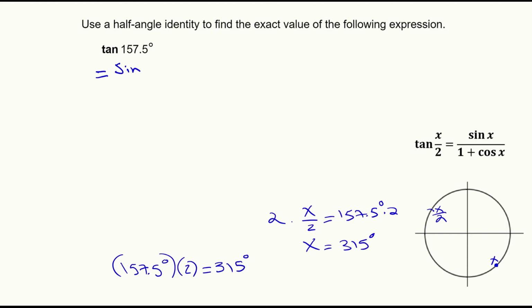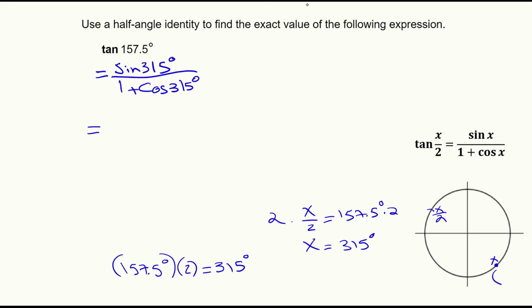All right, so we get sine of 315 degrees over 1 plus cosine of 315 degrees. So on the top, for the sine of 315, which ends up right there, we know it's going to be,